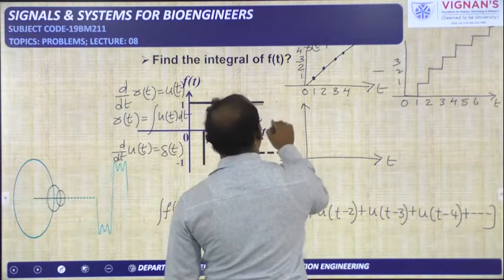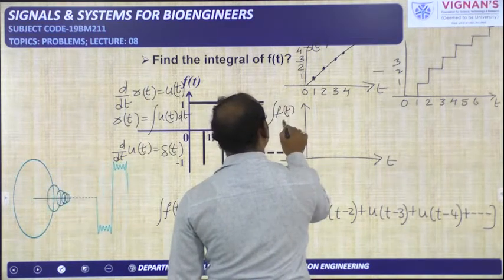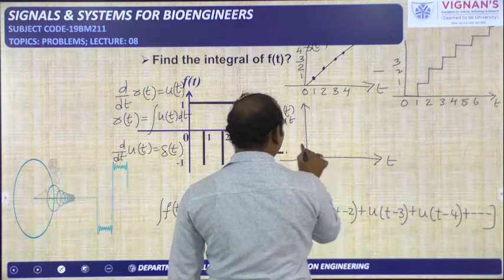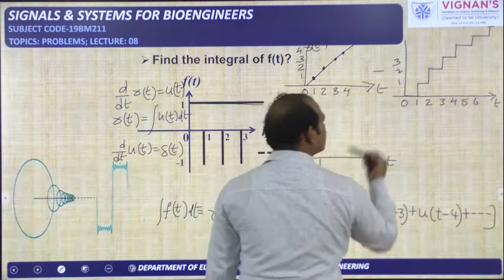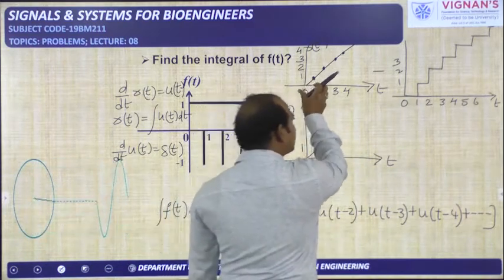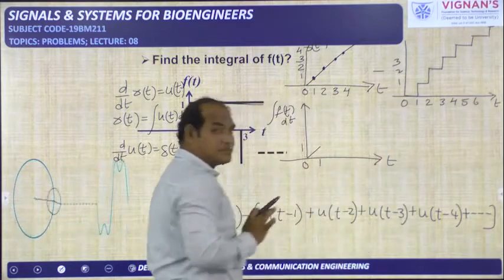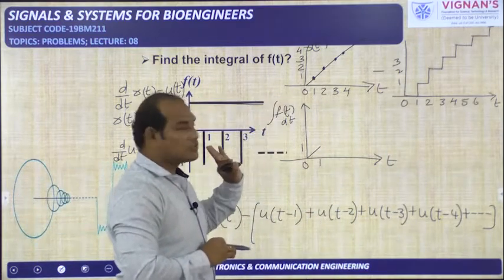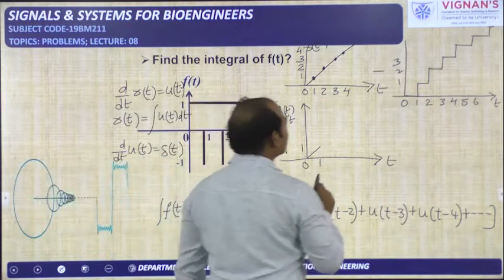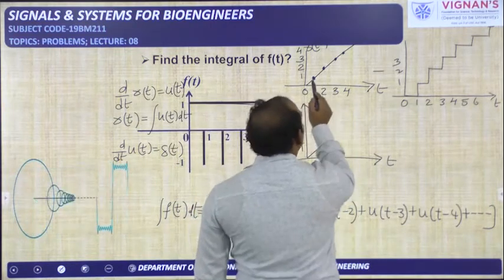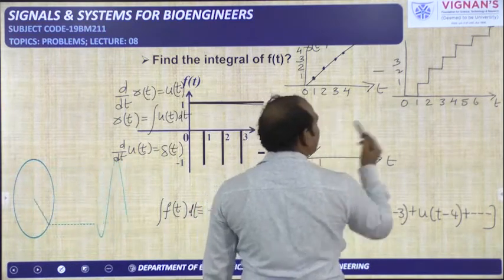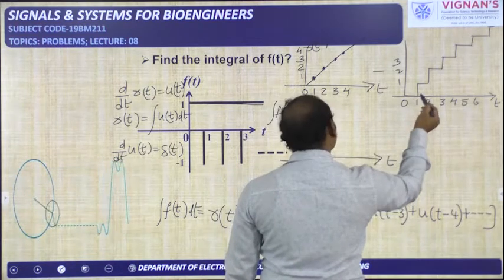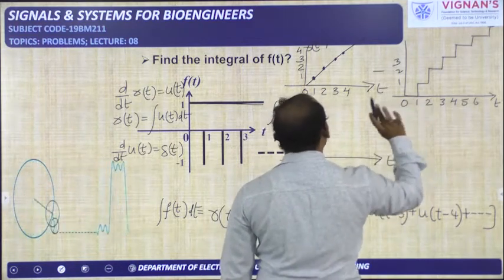That one we can call integral f of t dt. From 0 to 1 like this, this signal is there, this signal is not there. So whatever it may be, that is minus 0, you will get the same thing. So a ramp signal from 0 to 1. Okay, now listen carefully. At t equal to 1, its amplitude is 1. At t equal to 1, its amplitude is, you can say, 0 for the time being.